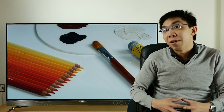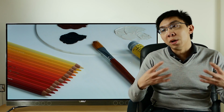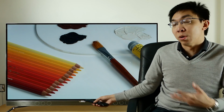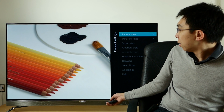In terms of motion clarity, this Philips OLED also has the highest motion resolution that we've ever measured without needing the help of interpolation. I've done a video before, but I'll show you again the correct settings to actually achieve this. If we go into the settings again,